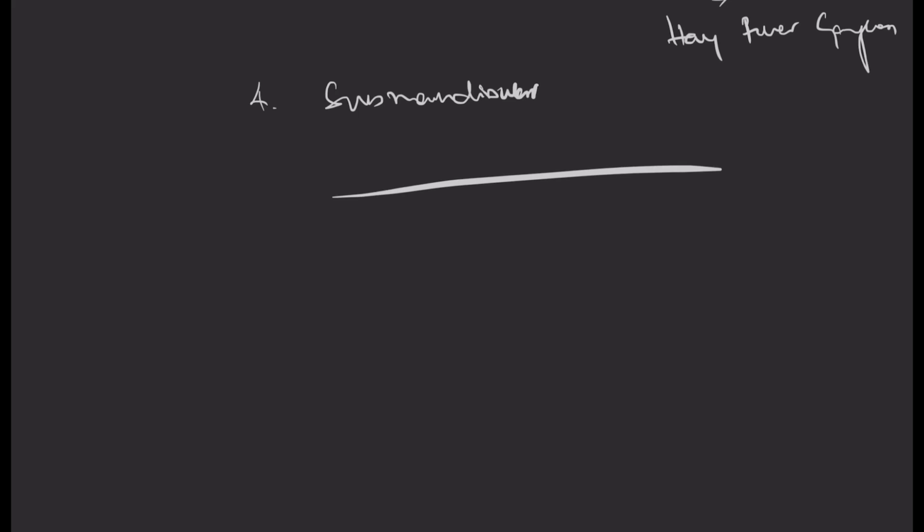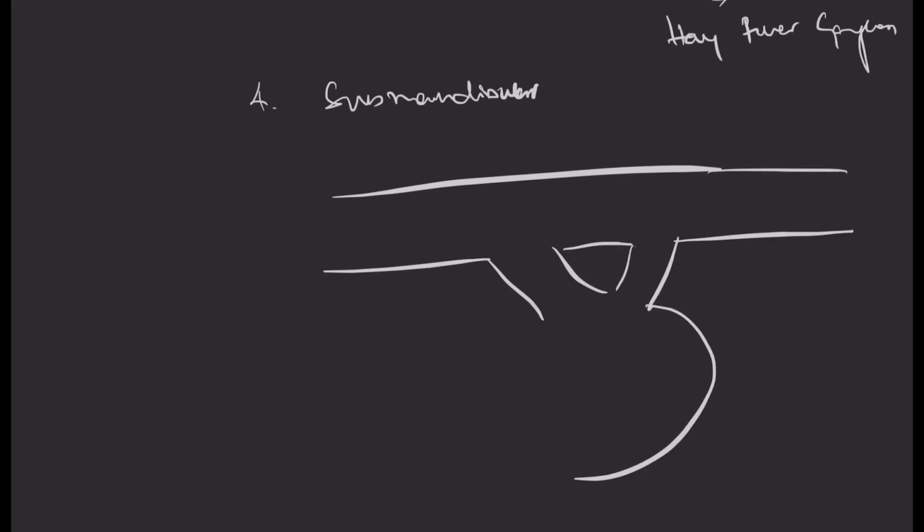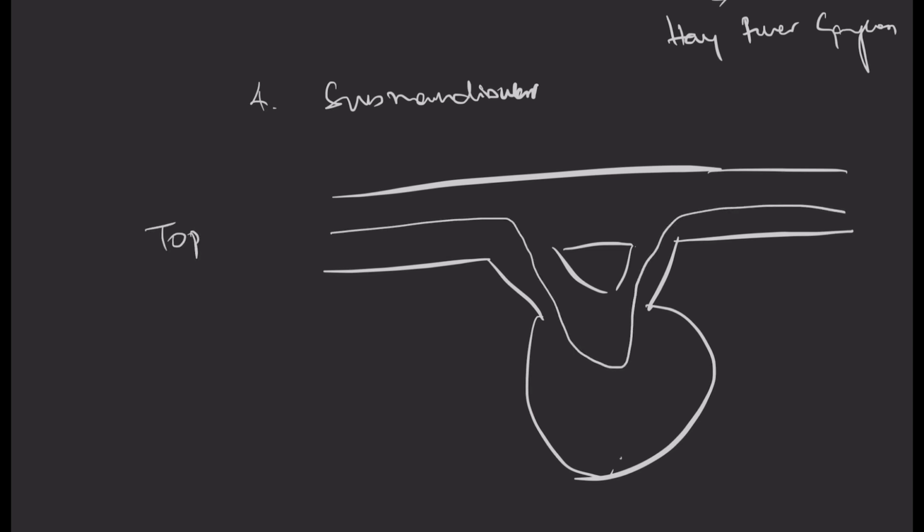So remember, a ganglion will always have two types of connection. One is the topographical connection, where the nerve comes in and goes out without relaying. The other is the functional connection, where the nerve comes inside the ganglion, relays here, and the postganglionic fiber comes along with the topographical connection. This is called the functional connection.